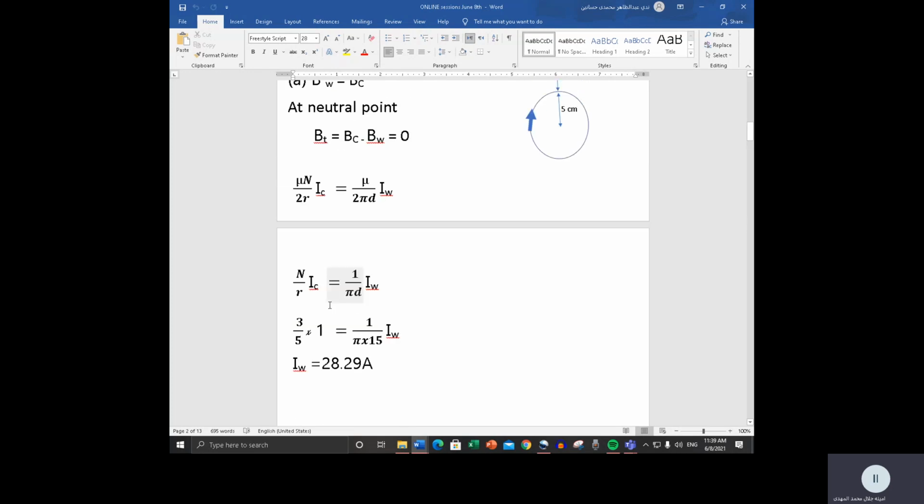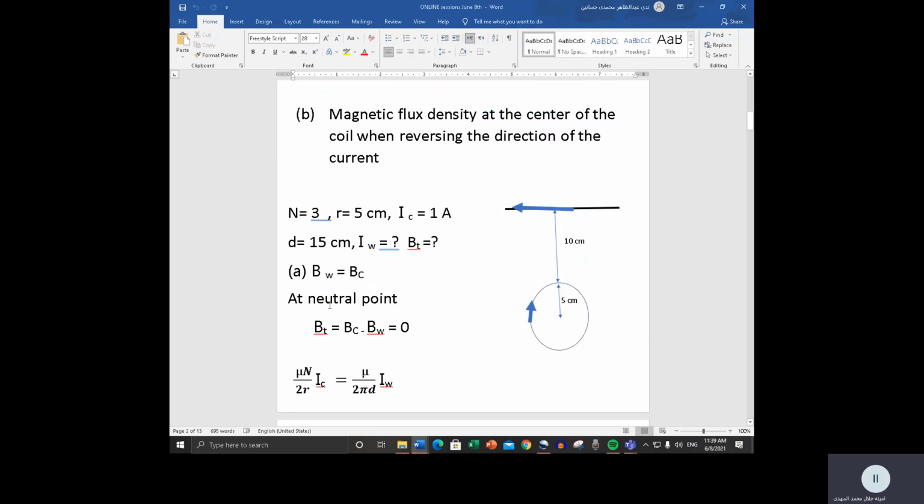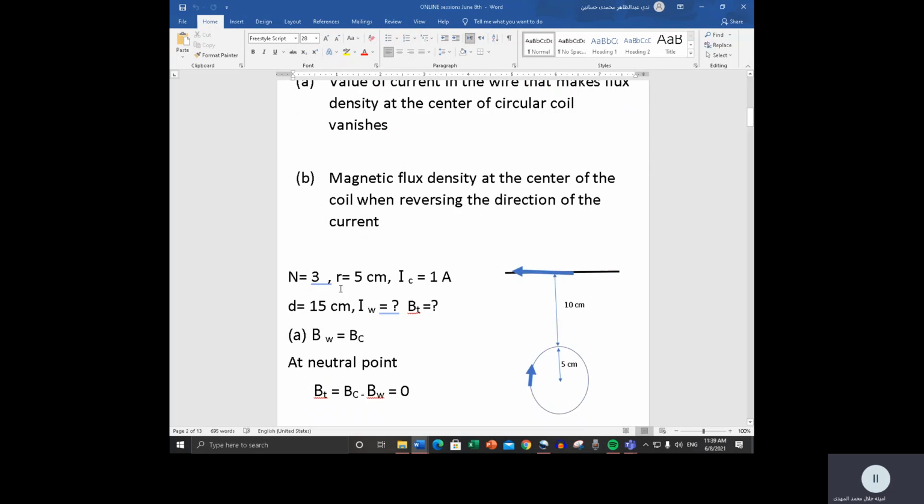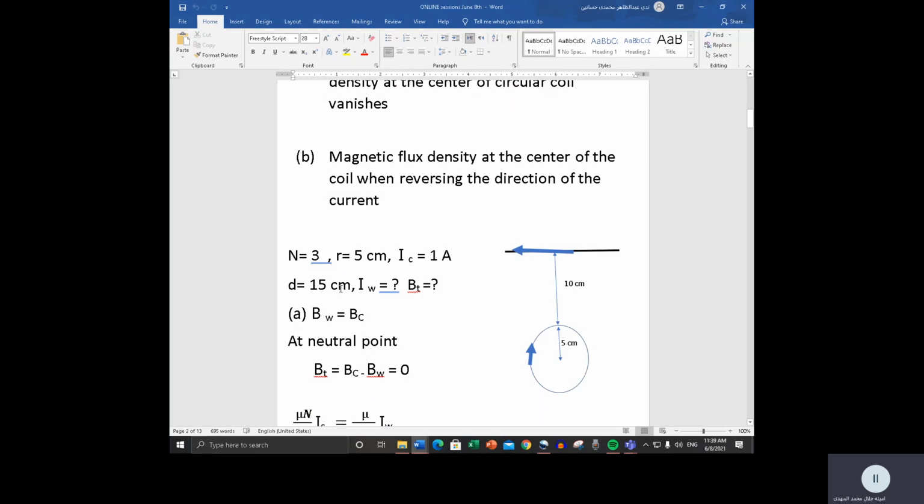Now let's talk about the second part, which is part B. He said calculate the magnetic flux density at the center of the coil when reversing the direction of the current. Okay, now everything is the same because he did not specify anything else. Everything is the same, including distances, including radius, including the value of currents. One thing only changed, which is the direction of the current. Now, when I reverse the direction of the current,